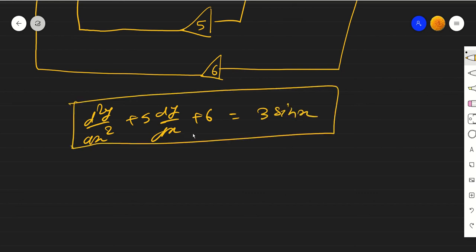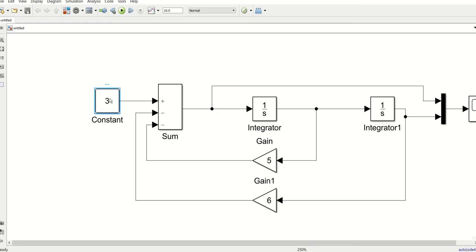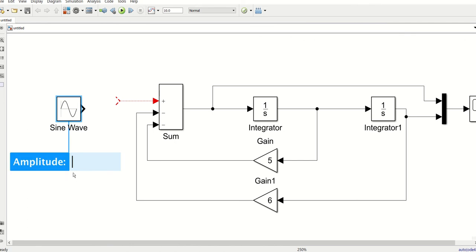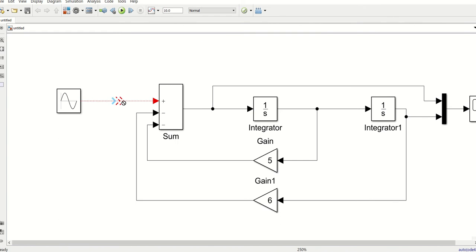The same thing will be happening, but instead of 3 I will have 3 sin x. We can put that in different ways, like I'll put a sine wave here. With the sine wave, I can directly put amplitude 3 so that it gives me 3 sine x. Otherwise you can put a gain block and then connect that.